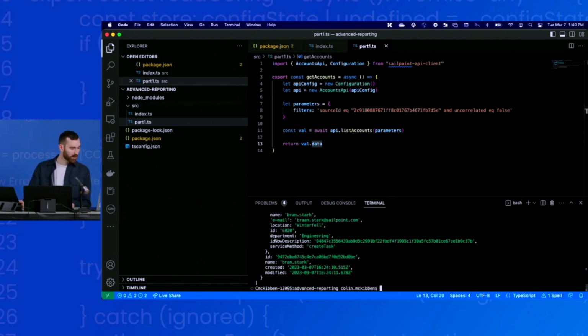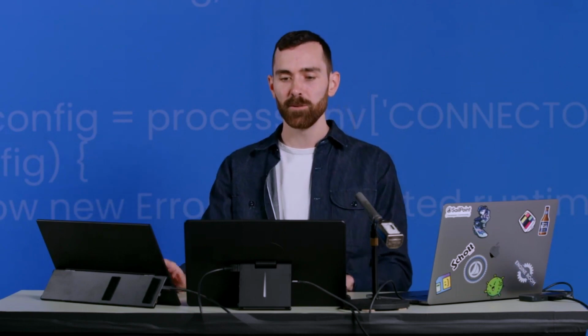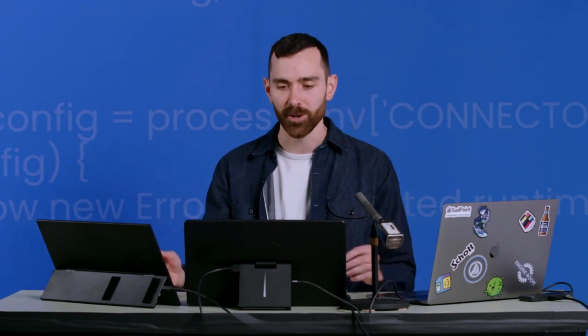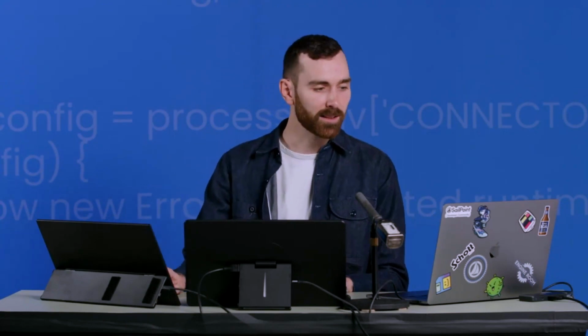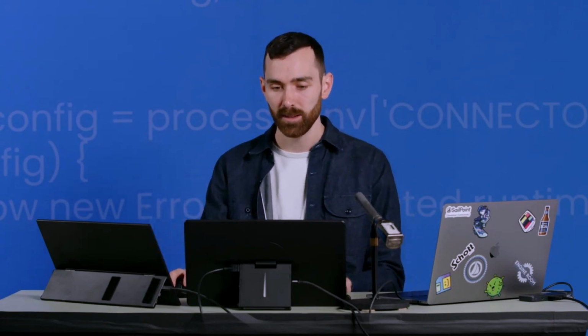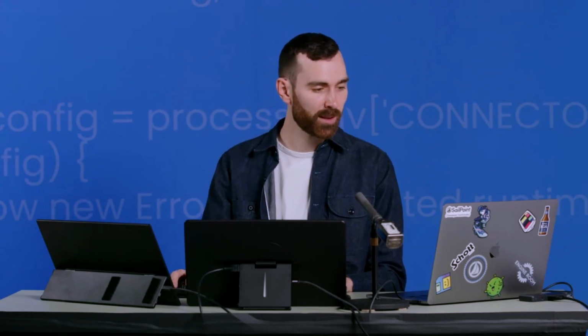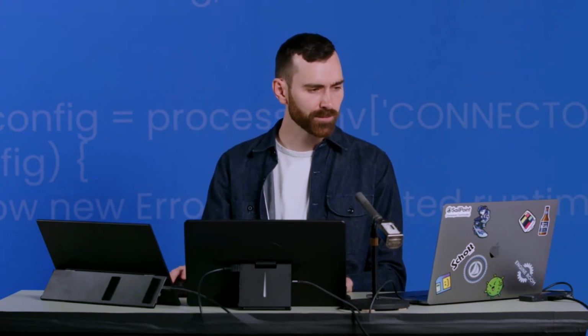Okay, so next, let's talk about pagination. If you have tons of accounts, more than 250, maybe you have thousands of accounts, not unheard of, you're going to have to use pagination to make sure you paginate through all the records and get everything back. Because by default, by calling list accounts, you're only going to get up to 250 accounts. So to do pagination,